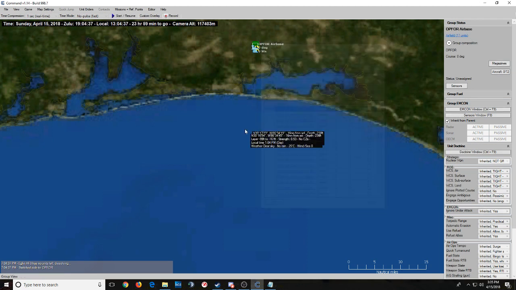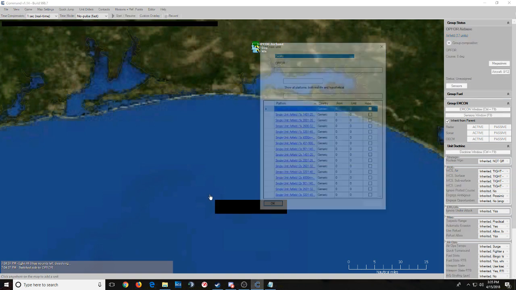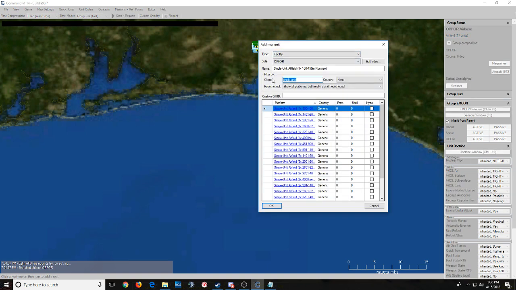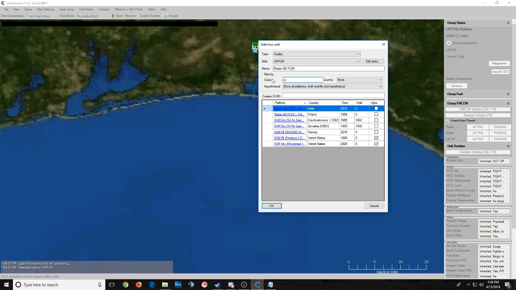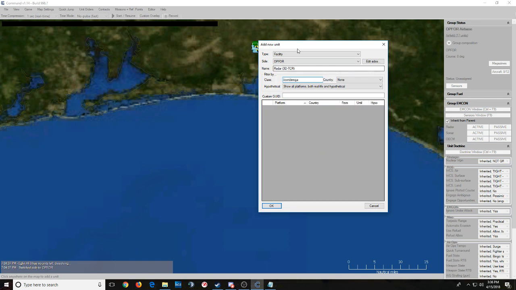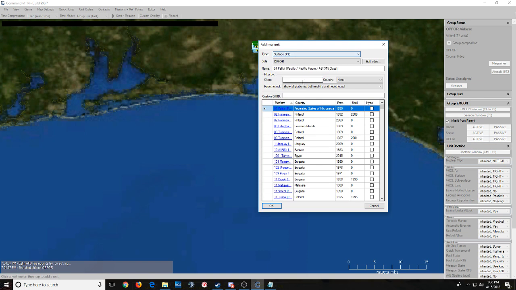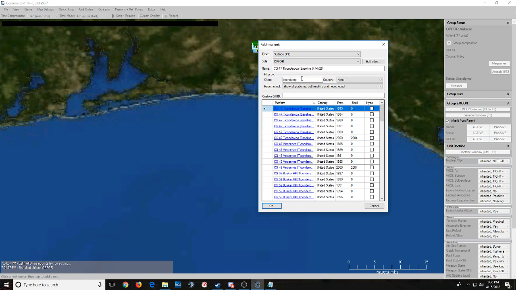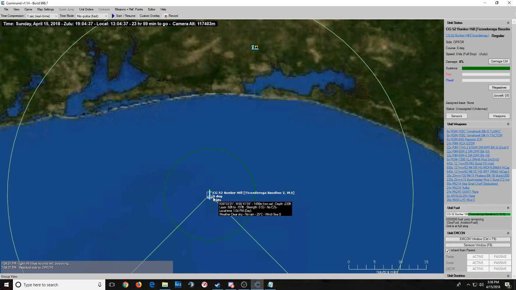So we'll right click, control right click, add unit, and surface, so we'll select surface ships, Ticonderoga, and let's add the most current version of it. These are probably all the same or similar, but we'll see. Alright, so